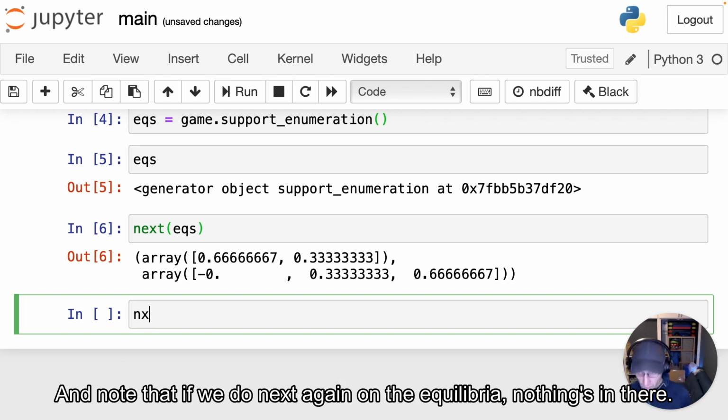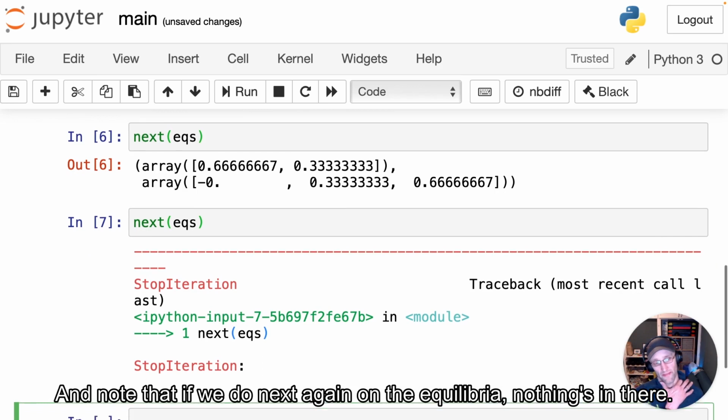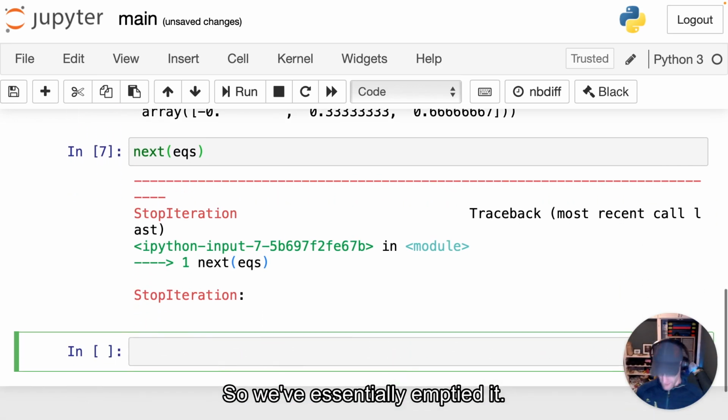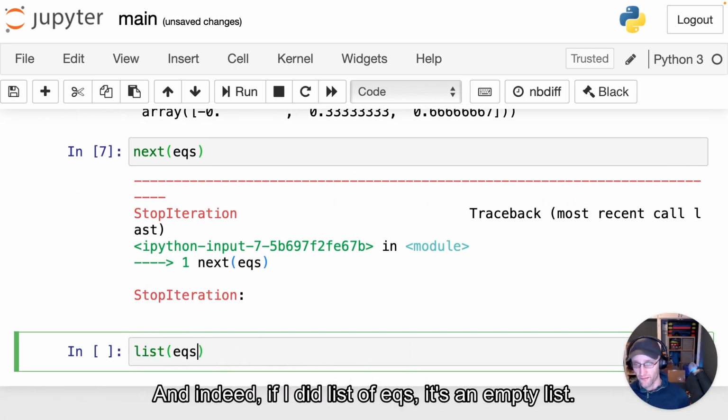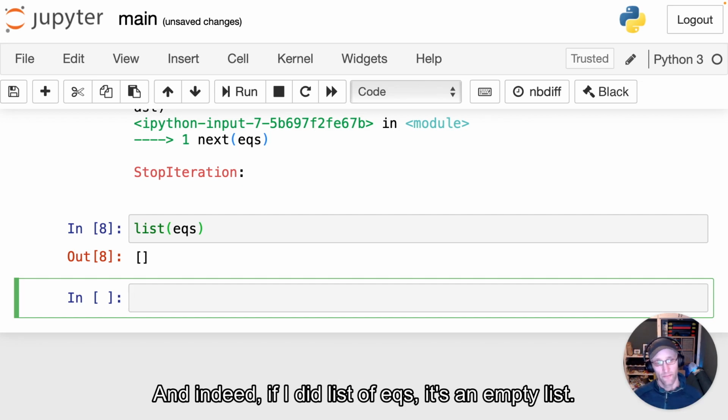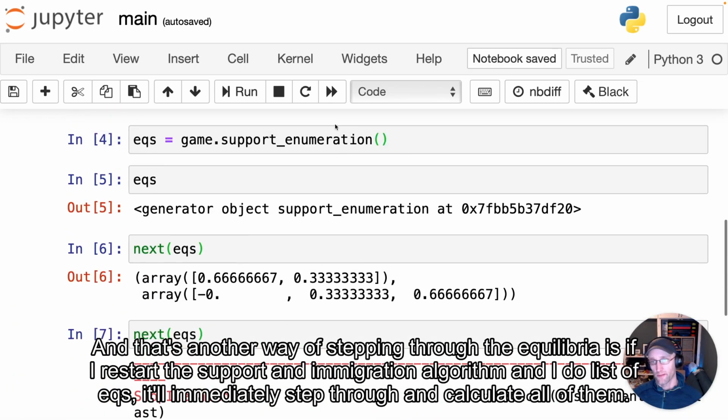And note that if we do next again on the equilibria, nothing's in there. So we've essentially emptied it. And indeed, if I did list of EQs, it's an empty list. And that's another way of stepping through the equilibria,